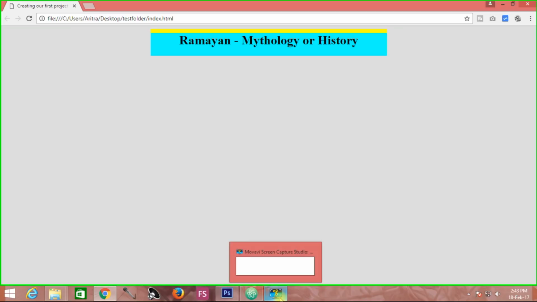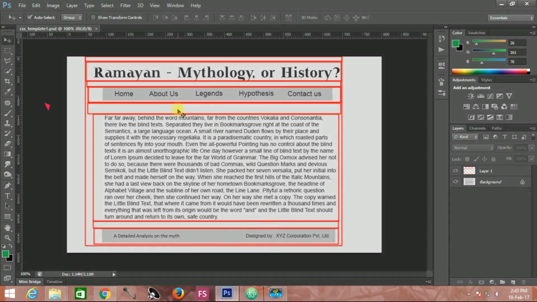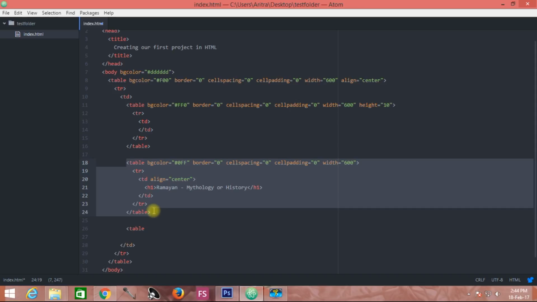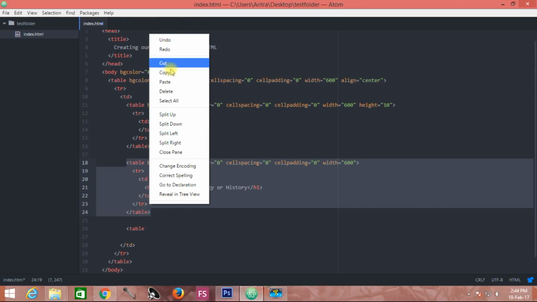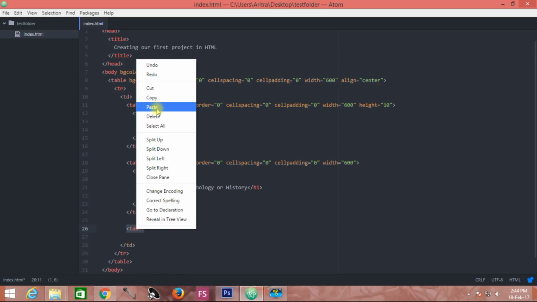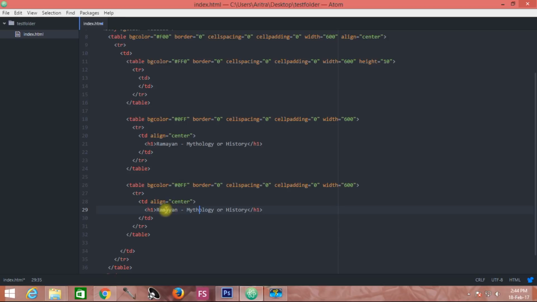After that, if we look into our template, we will be creating this gap here that we have assumed so far as a 10 pix gap. So all we need to do now is to produce this particular gap. We will be needing another table right over here, so I'll be creating another table. Let's copy this whole table part. Just press copy and press paste over here.